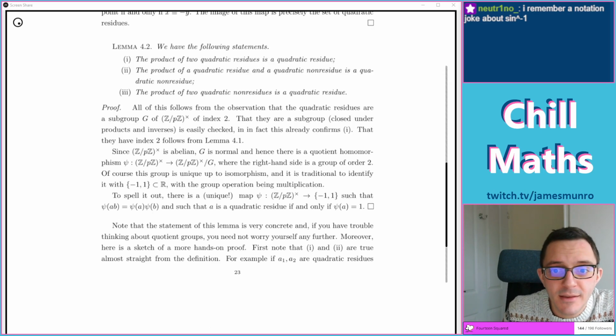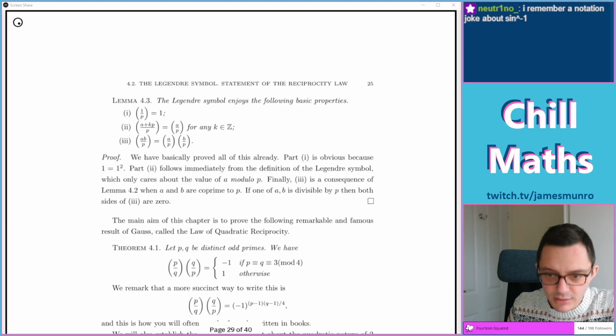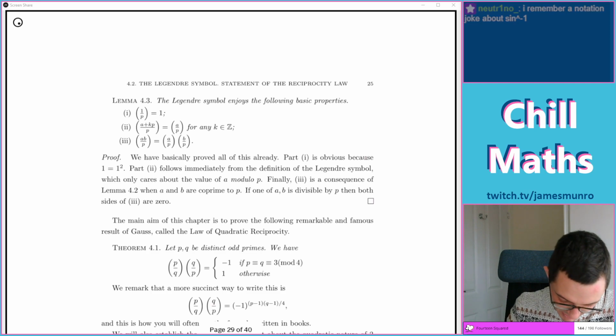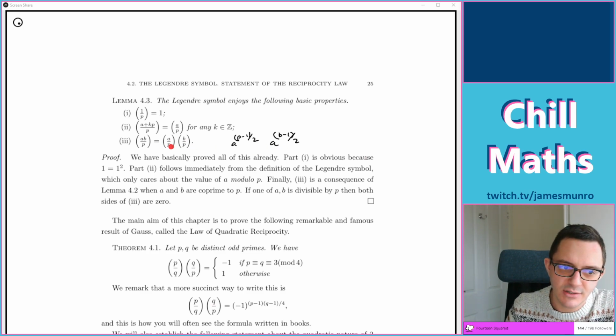Lemma 4.2. The product of two quadratic residues is a quadratic residue. Yeah, multiply together their square root things. The product of a residue and a non-residue is a quadratic non-residue because of division or something. Oh, okay. And this is just the thing we've seen now: you can test all of these things by doing some sort of multiplication. If they're non-zero, then it's plus or minus 1 for whether these values are equal mod p. When you do these powers, both sides will agree mod p.